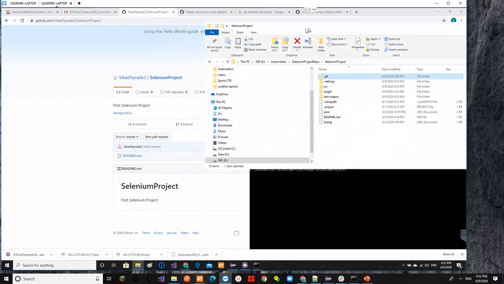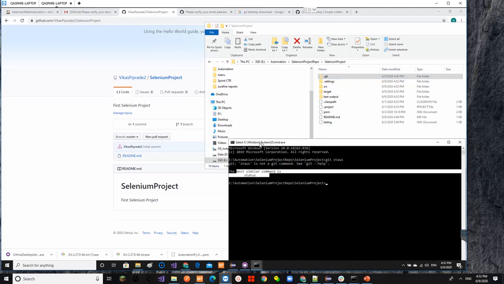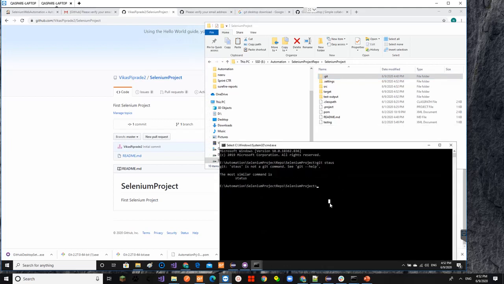The next command would be git add dot, and dot means put all the content of this directory into the repo, or it will mark it to add. It will not directly put it; push is the command to put the content, but this git add dot will mark all these files to add into the git repository. So this is the add command.